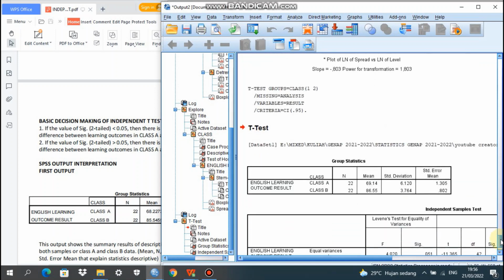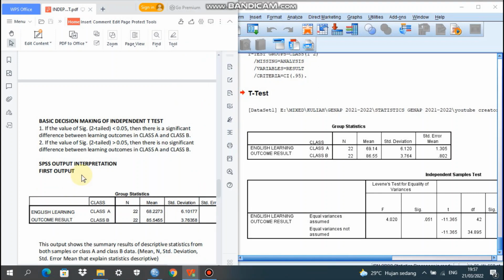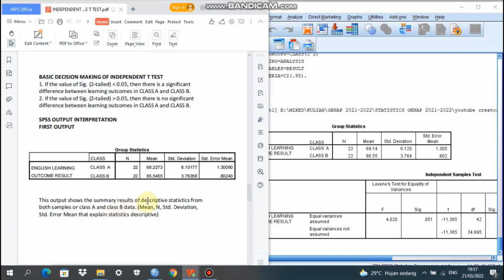We are going to see the result for the independent sample t-test. There are two results: group statistics and the independent samples test. For the first output, we can look at the summary of descriptive statistics from both samples, Class A and Class B data. The mean for Class A with 22 participants is 68.2273.